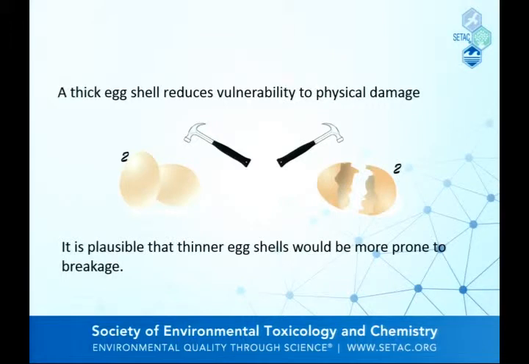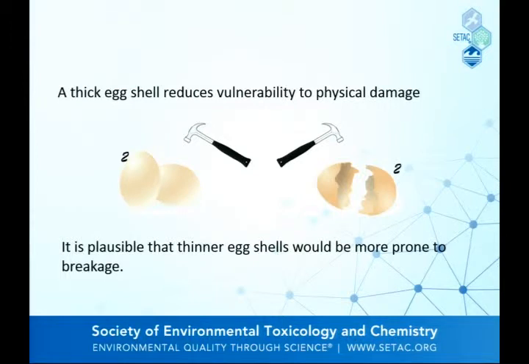Finally, we'll take the example we had earlier, dating back to Silent Spring and thickness of eggshells. I mean, it's pretty apparent that thick eggshells reduce the vulnerability to physical damage. If we thin the eggshells, it seems pretty plausible that you could make those eggs more subject to damage, right? These are the kinds of things that we're talking about in terms of biological plausibility. A lot of AOPs can start out as nothing more than, this is what I understand about the biology. This is what I think would happen if I actually broke this part of the biology, if I perturb this system, if I impair this process. This is what I could hypothesize should happen.